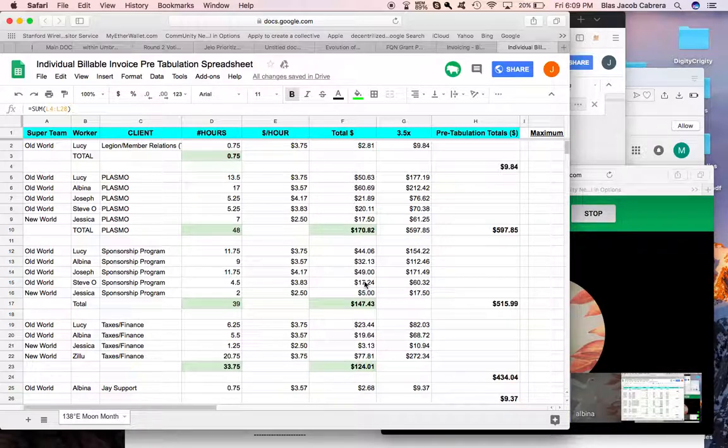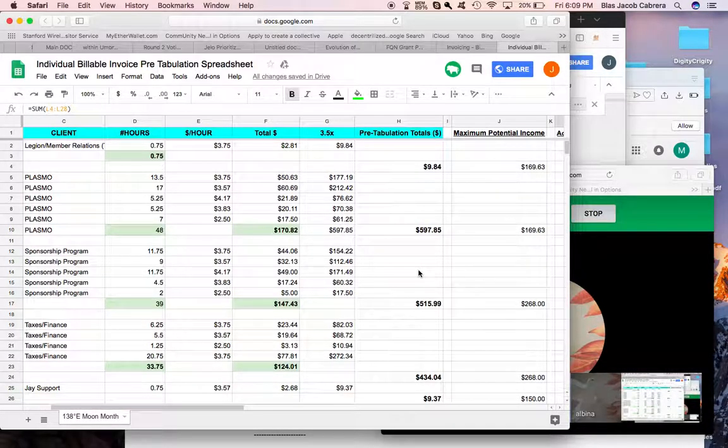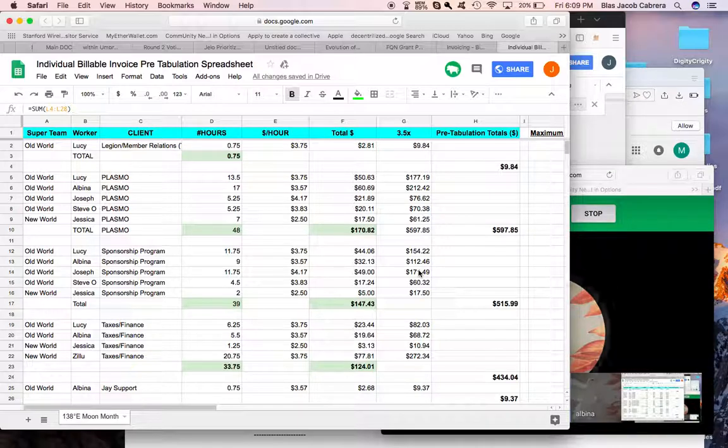Part of me feels like it might actually be easier to break it down by individual and then do by team afterwards. So why don't we just do by individual,